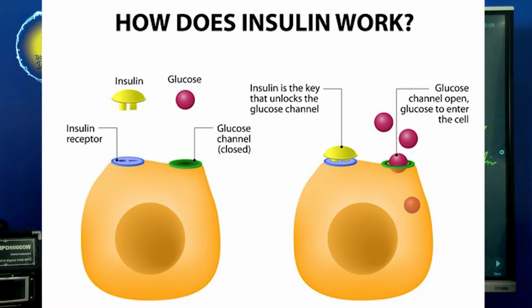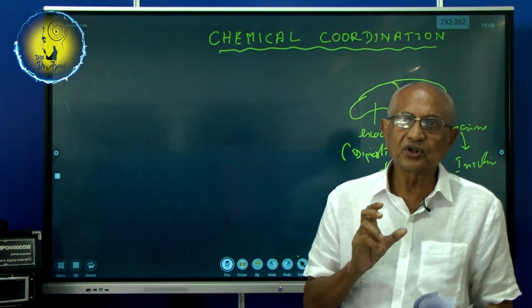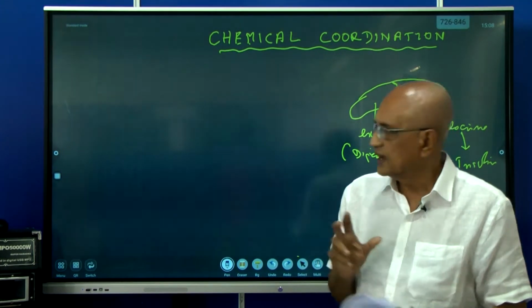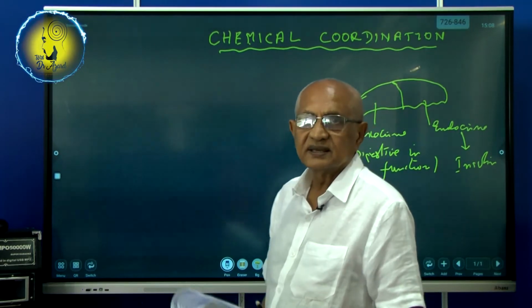If insulin is not enough in your system, then you cannot control the amount of sugar in your blood. So insulin controls the amount of sugar in your blood, and the digestive part is secreting a